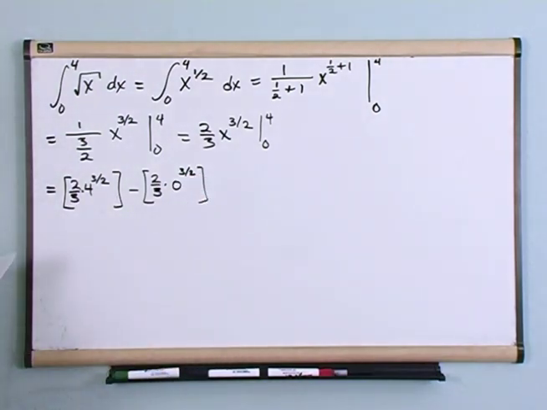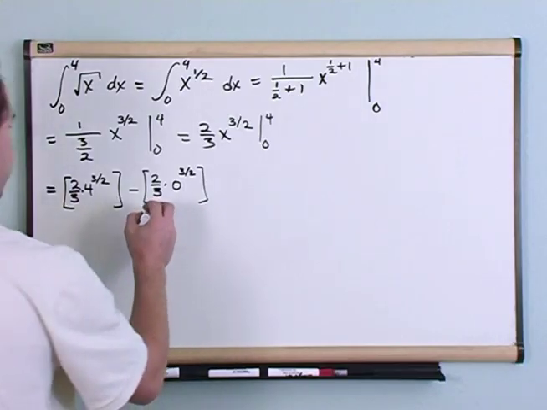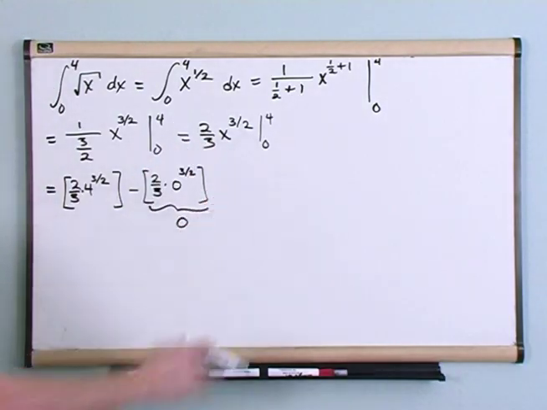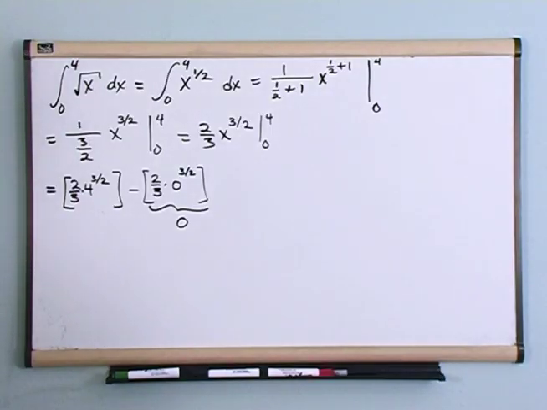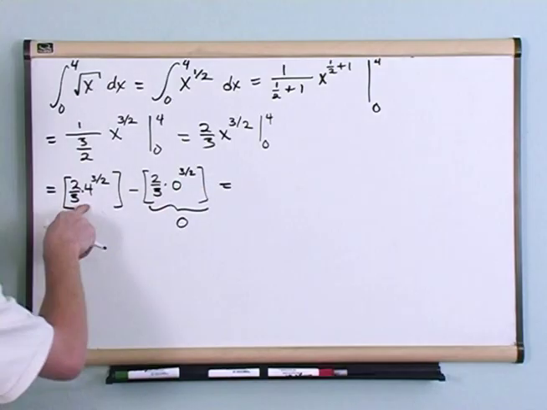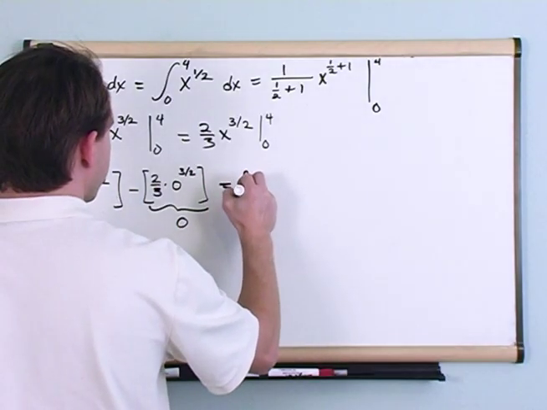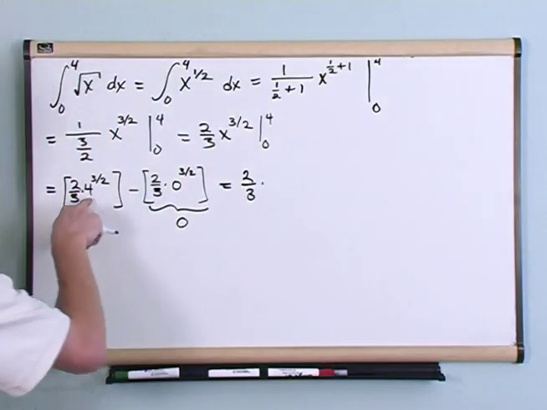Now, I think you can convince yourself that this term is going to be 0, because 0 raised to any power is 0. So this term goes away. But this term doesn't. So when we work with this term here, you're going to have 2/3 times, notice this is 4 to the